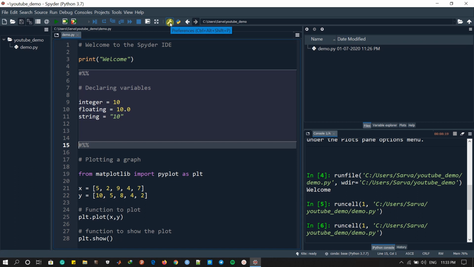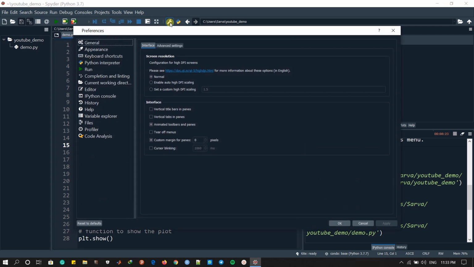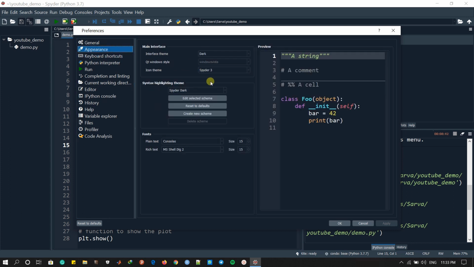This is particularly important. Let me just click on it, and you see a lot of these settings or preferences that you can change according to your will. Now what I feel is the most important of these options that you want to change would be the appearance of your editor.